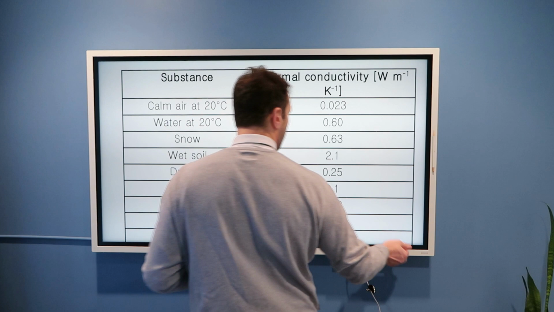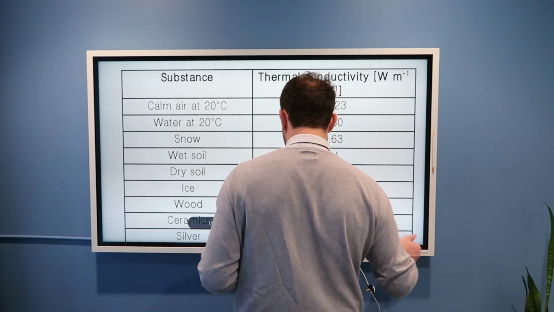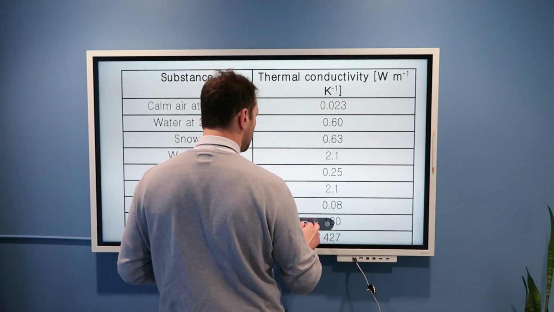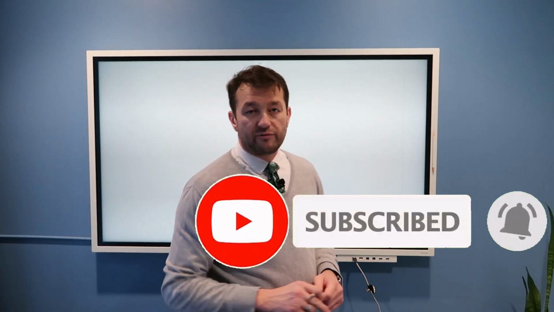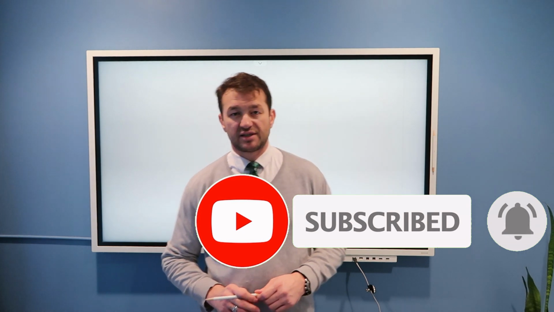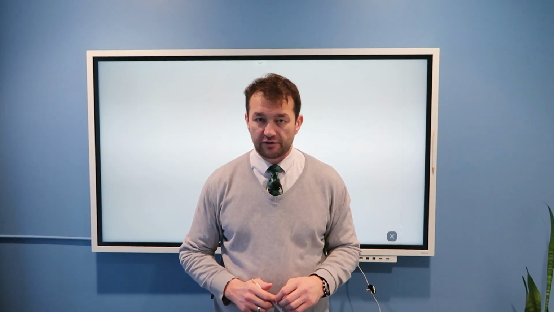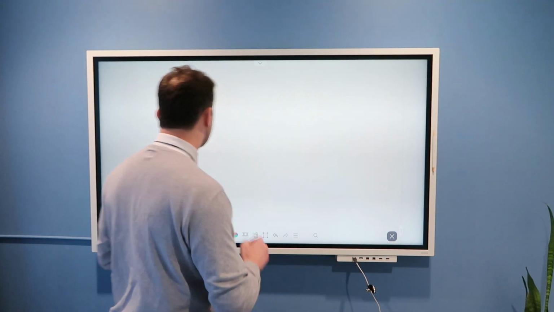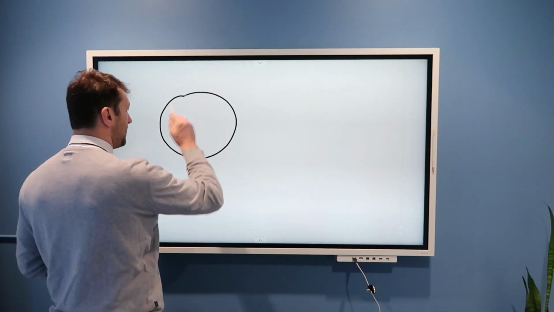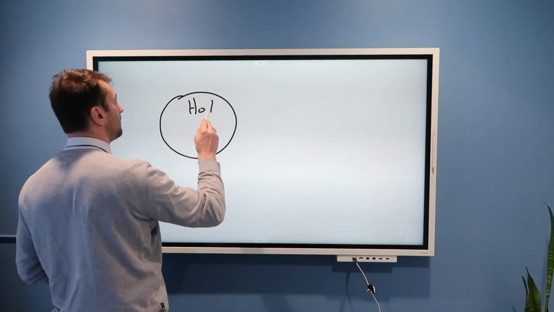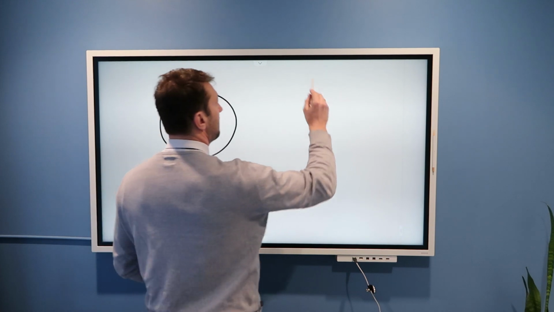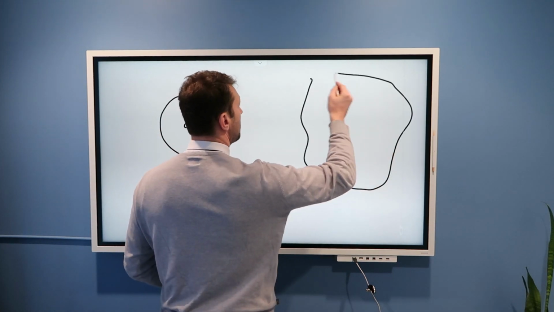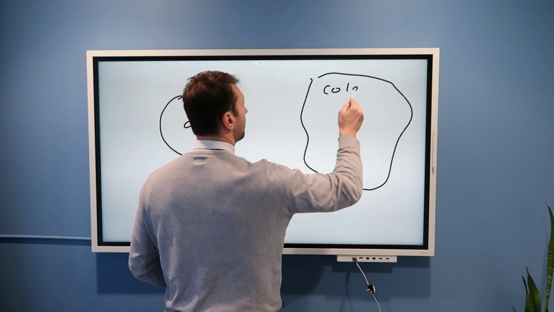Now let us discuss this concept further, but also related to convection. Convection is, as I said, a means of transferring heat in fluids, gases, and liquids. Let us say that here we have some hot air, and somewhere here we have a big environment of cold air.